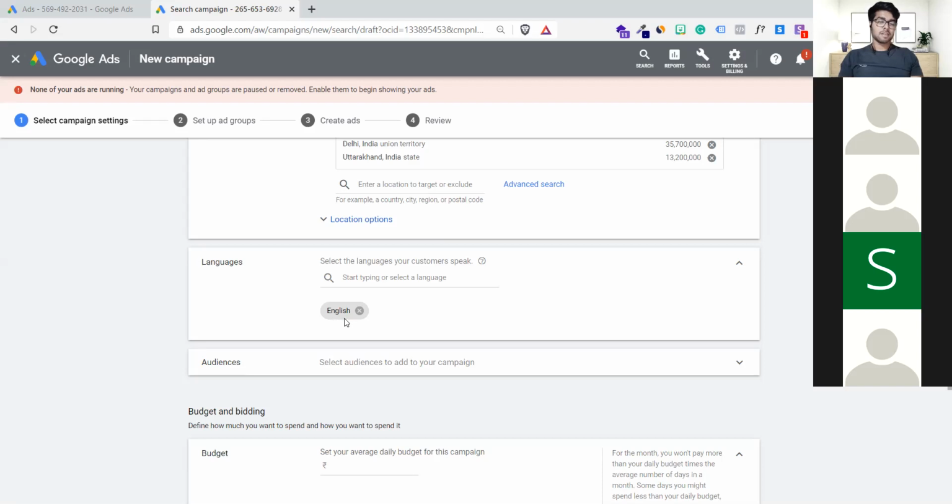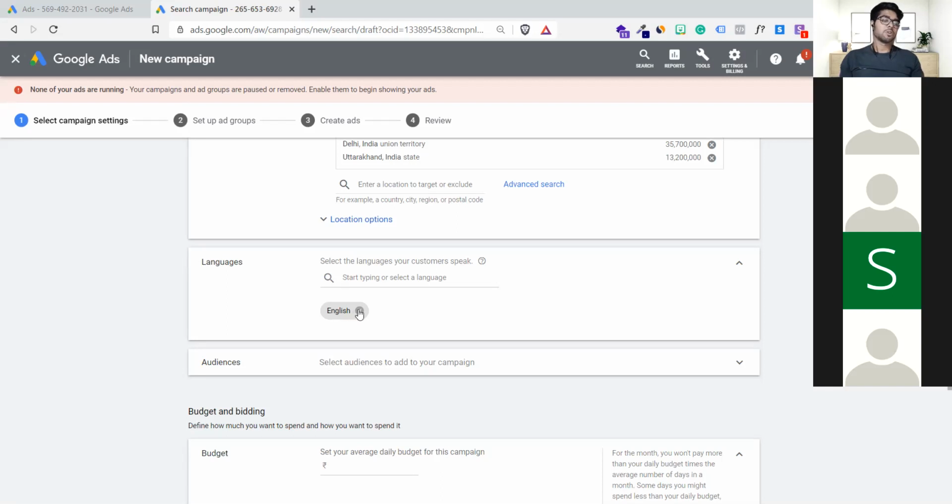Yeah, because the ads itself will appear in English, and Google is making sure that your ads go only to those audiences who are able to read it. Otherwise, if you are showing ads to areas or people who are not familiar with English, who don't know how to read it, Google understands that this person is really struggling to understand the web page. He's not able to find the navigation and all because it's an English blog. So Google is pretty smart that way. It can segregate the audiences, those who know English pretty well, who can at least read it.